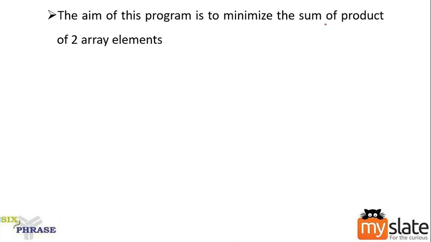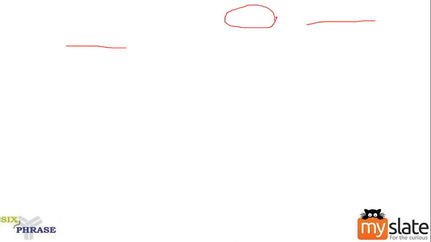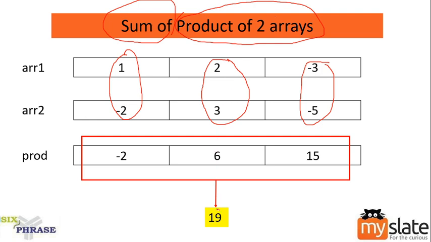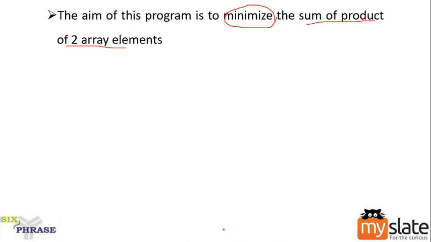Okay. Next we are going to learn what is the aim of this program. I told you how to calculate sum of product of two arrays, right? Now you should try to minimize this value as much as possible. In the previous step, we have the answer as 19. Yes, we are going to minimize it for the same arrays. We are going to minimize this value, reduce the sum as much as possible. Try to bring it as 18, 17 or some negative value. Okay, that is our ultimate aim. This sum value has to be reduced. So the aim of the program is to minimize the sum of product of two arrays.